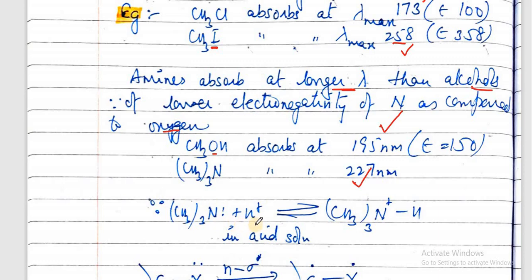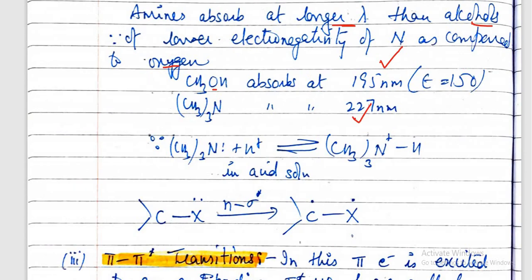If it is in acidic medium, the hydrogen will take up the lone pair and the atom will become positively charged, so it will have lower energy and higher wavelength, and it can be shown as this. This is a heteroatom attached to the carbon, and this bond is more present, and this electron will get excited and show the transition, moving to this carbon, that is, it is